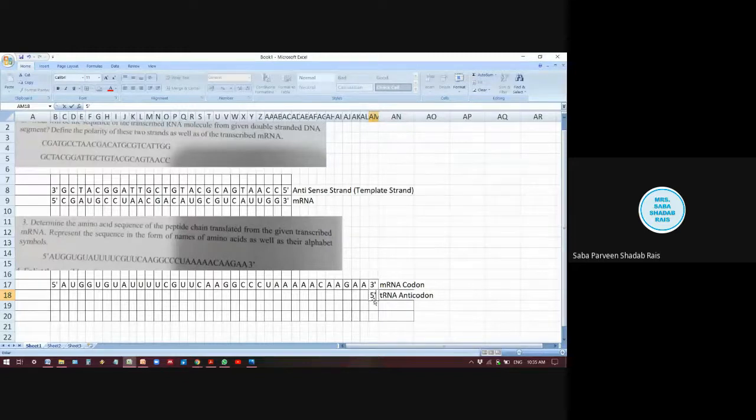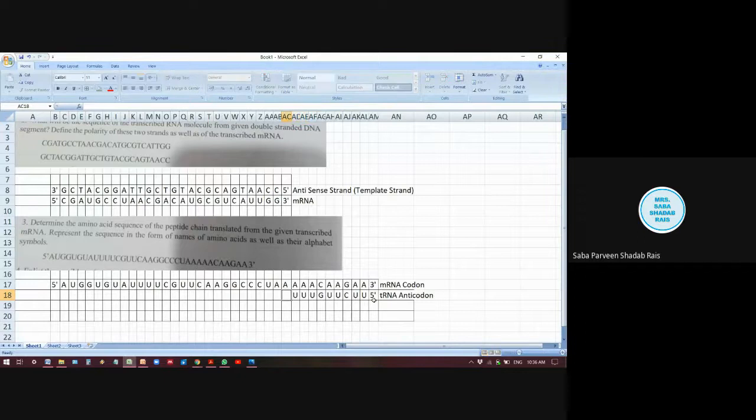Yes, so tRNA synthesis 5 prime to 3 prime. So what will come here? Yes, come on fast. tRNA is again RNA, so no T will be there. U, U, then here C will come, then here U, U, G, U,